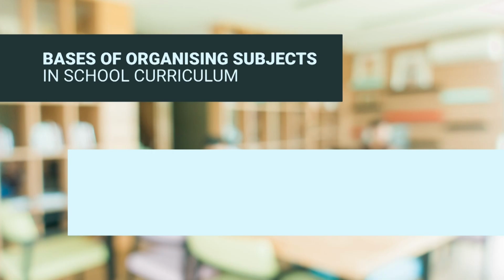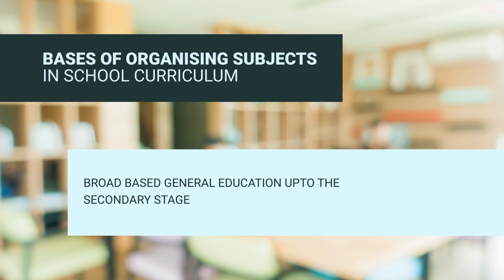Then further, broad-based general education up to the secondary stage. Okay, so what knowledge the learners are supposed to acquire, supposed to achieve at the secondary stage of education. So that's why a clear concept should be developed about the development of the students, of the children up to the stage of secondary education, then accordingly what knowledge, what education, what content points should be developed